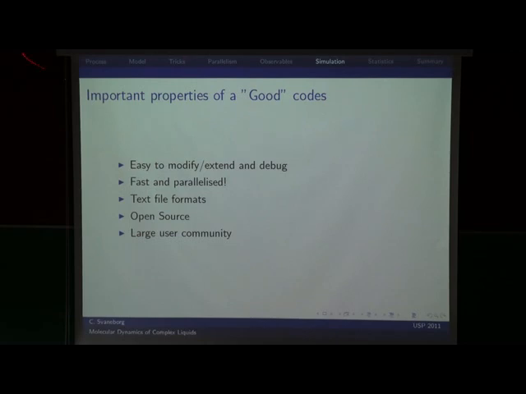So these are some of the properties of what I think would be a good code. It has to be easy to modify and extend, and also to debug. It has to be fast and parallelized. We need to get as much science as possible out of as few